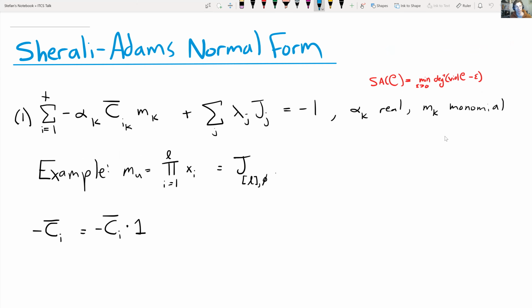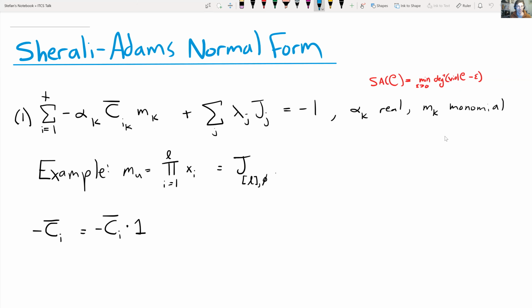And we'll use the monomial mu being just the product of x_i's from indices 1 through L. And notice that this is actually equivalent to this junta here, where we have 1 through L multiplied positively and no variables multiplied negatively. Okay, so if we were to reverse engineer what we need, then we would start with